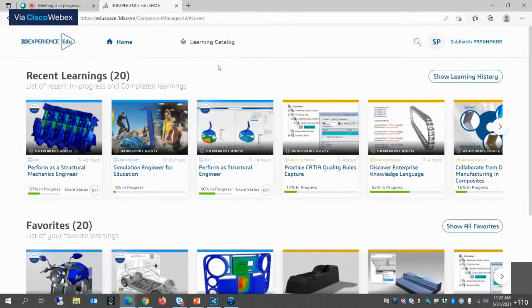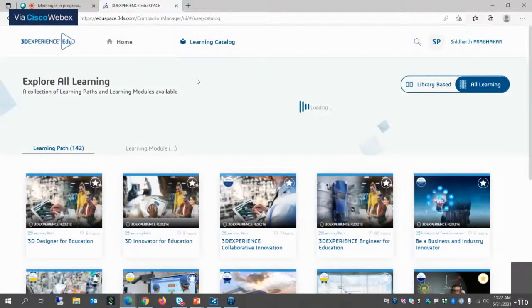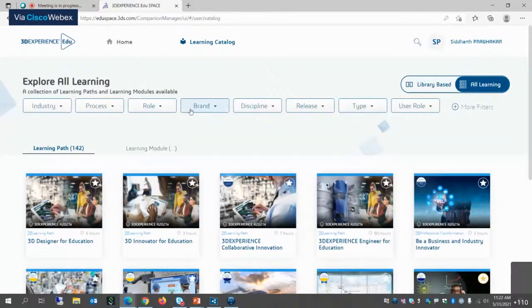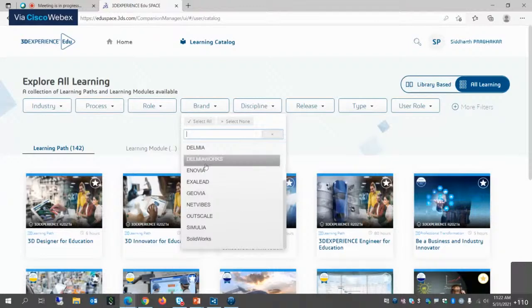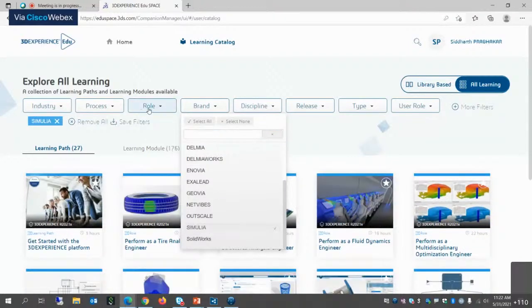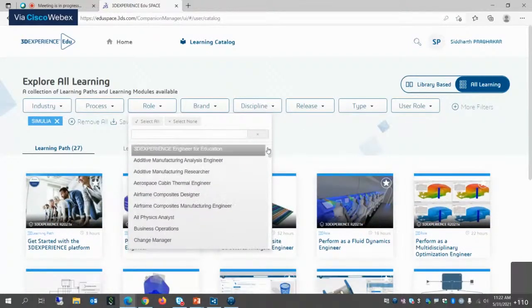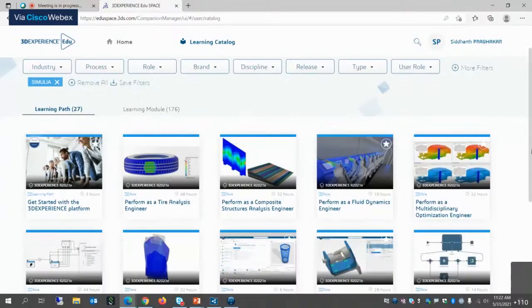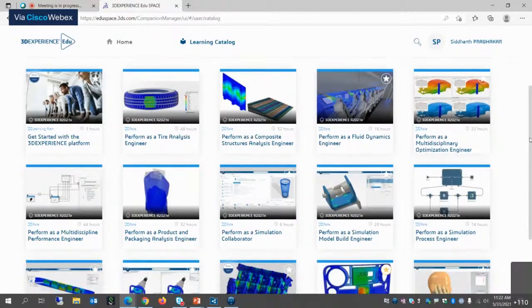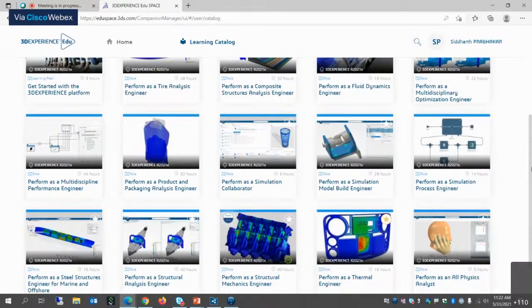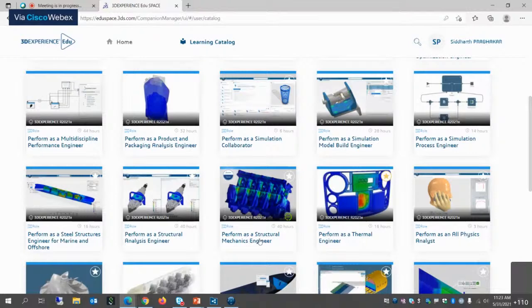So I'll just quickly log in. Once you're in here, you can go into Learning Catalog, and you can select the brand. This particular brand is the Simulia brand which we have. So you can go into Simulia, and you could select the role, but if you just scroll down a little here itself, you can see the different type of courses which are present here on which you could work on. So for understanding more about the structural simulation, the course which I'll recommend you is the Perform as a Structural Mechanics Engineer. So if you click and open it,